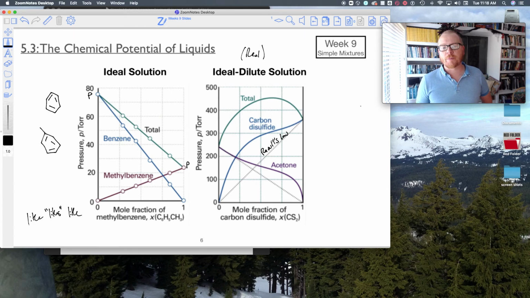And you can also see for carbon disulfide, just for a very small addition, in other words, for a very dilute addition, it's also following the Raoult's law line, okay? So let's